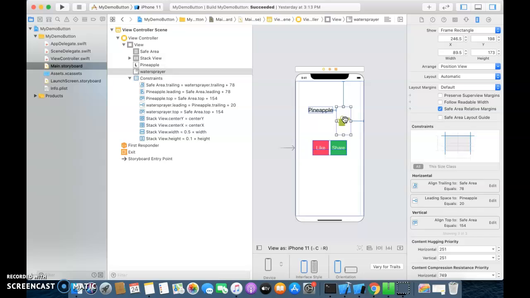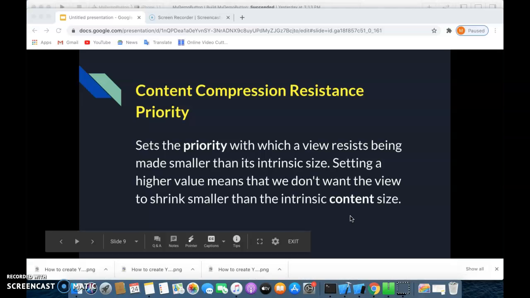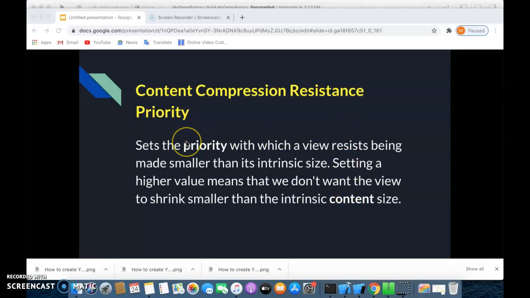For content hugging priority, the size of the view should not increase more than the intrinsic content size, and in case of the compression resistance priority, the size of the view should not decrease less than the intrinsic content size. With this, we come to the end of our tutorial.